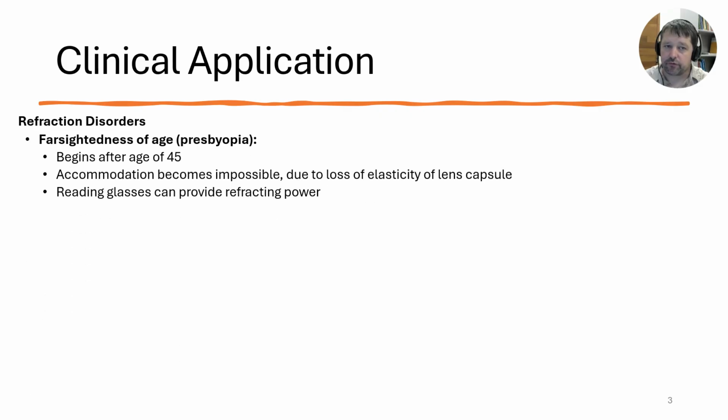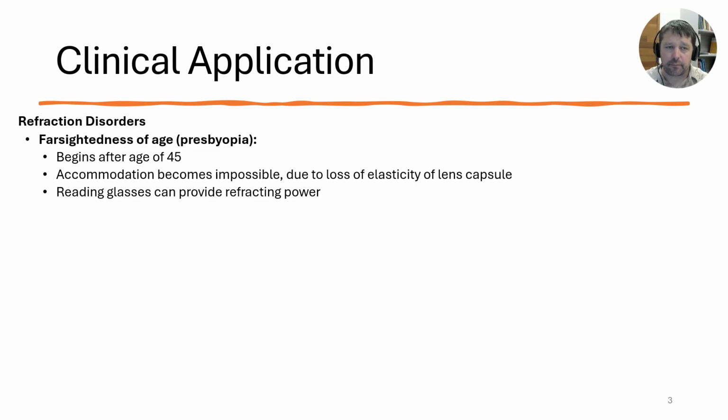All right, refraction disorders. There are situations where individuals, and maybe you're one of these individuals, have a disorder, disability, or malfunctioning of certain parts of this refraction capability. Maybe it has to do with the lens, maybe it's the cornea, maybe it's the retina, maybe you have macular degeneration, so it's the macula area. There are all kinds of issues that individuals can have with their eye. We're going to talk about a couple.